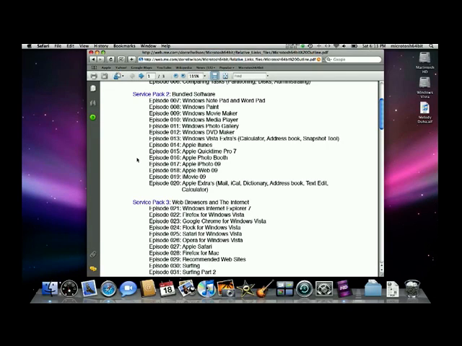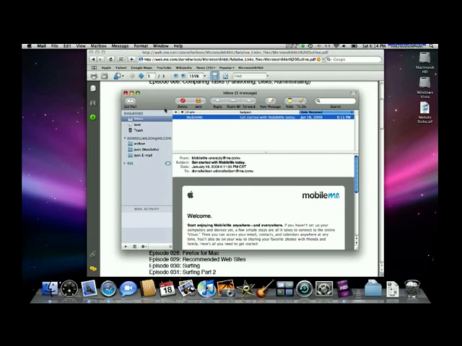And to wrap things up here in Service Pack 2 bundled software, we look at Apple's extras, which include Mail, iCal, Dictionary, Address Book, TextEdit, and Calculator. We're going to go to Mail. I'm going to open it up, and we should see our inbox for our MobileMe because we've signed up to MobileMe. Now, I don't have much here at all in my MobileMe email because I have my Rocket Mail as my primary email,